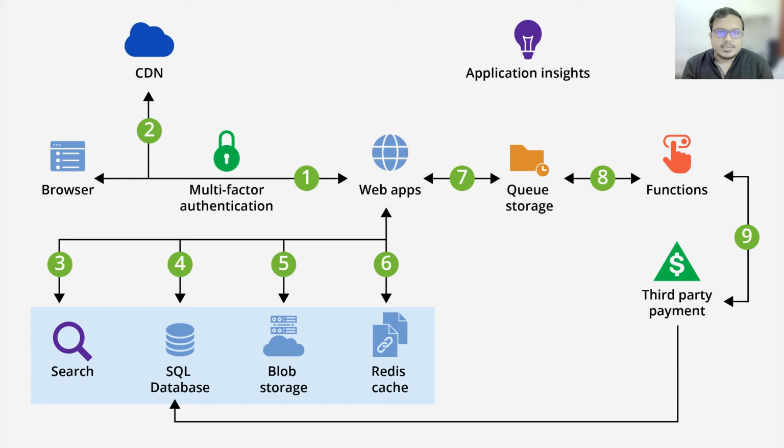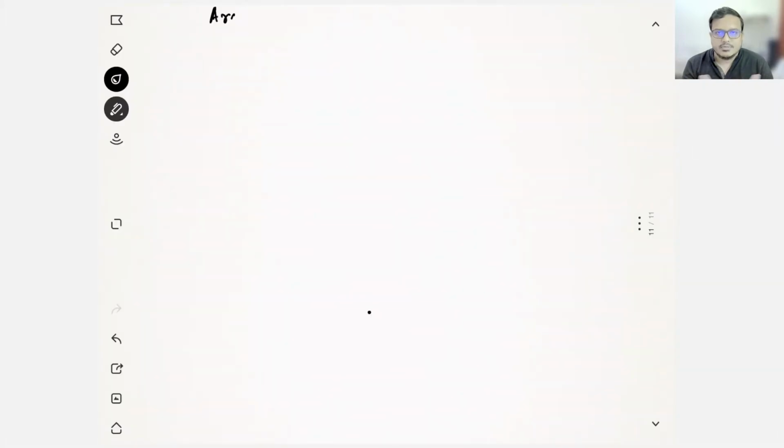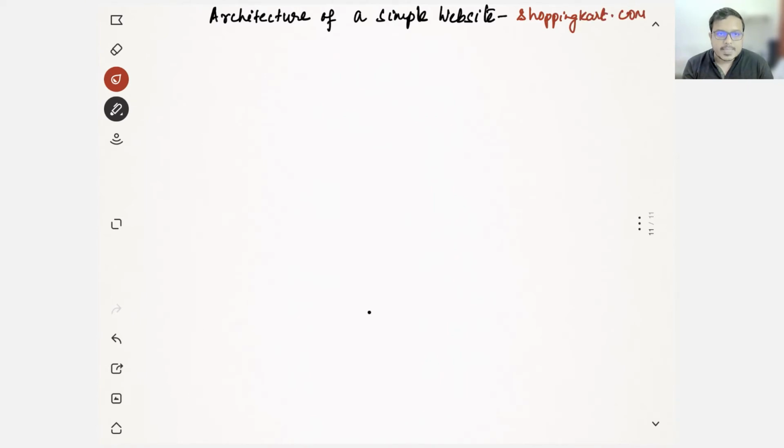All right, so let's say our internet-facing application, the website name, is shoppingcart.com, and we have our users from all over the world accessing shoppingcart.com by typing it in their browsers. So what happens next? As we all know, DNS comes into play. So when we type in shoppingcart.com,